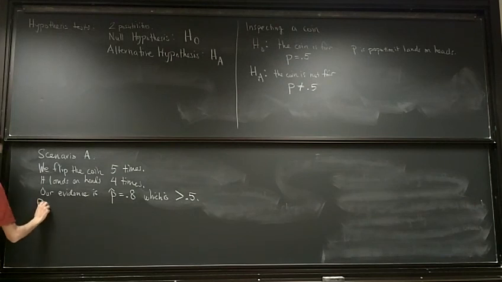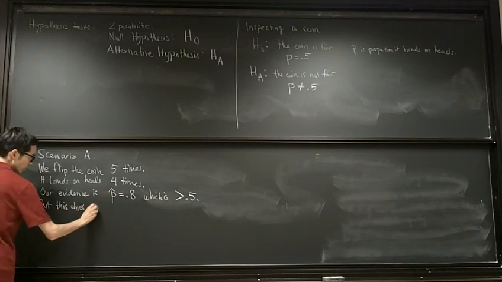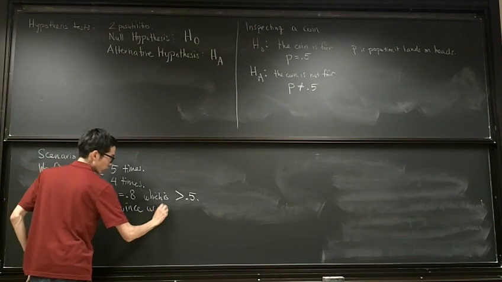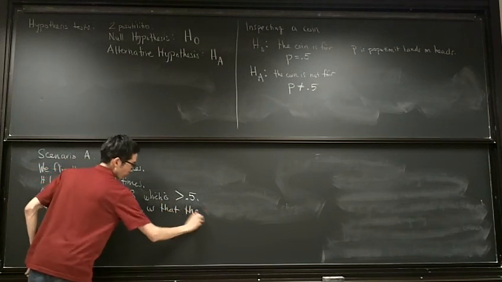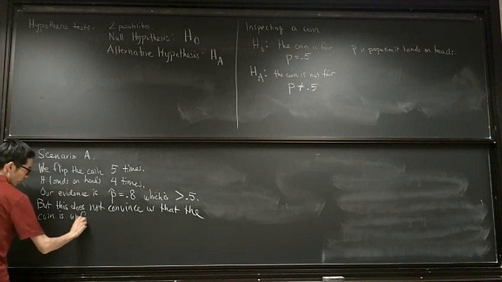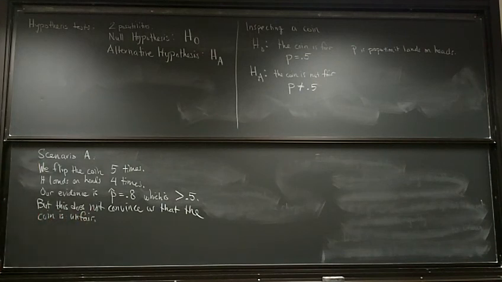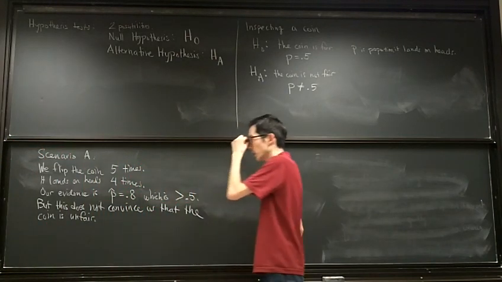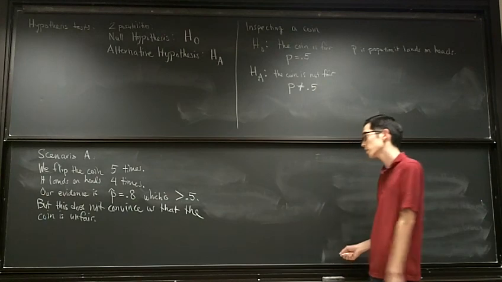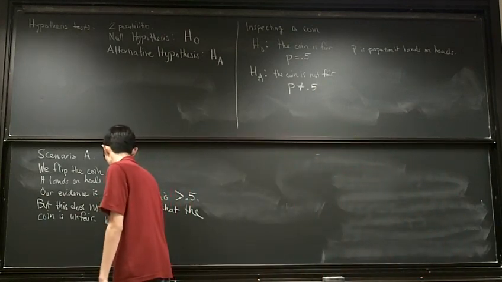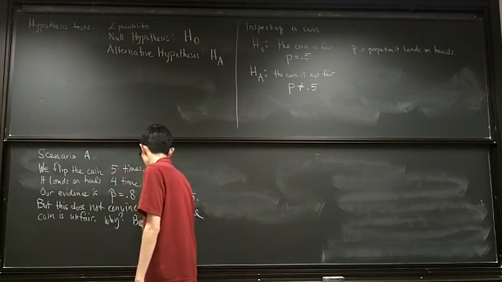But even though our evidence shows that the proportion is 0.8 out of 5 coin flips, this does not convince us that the coin is unfair. Why? Because